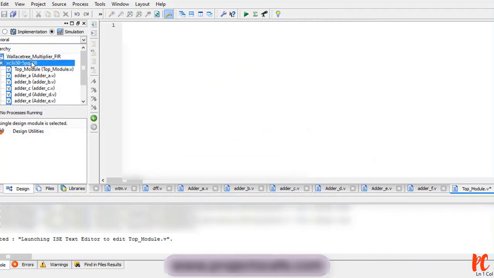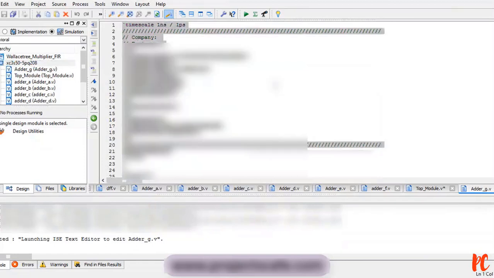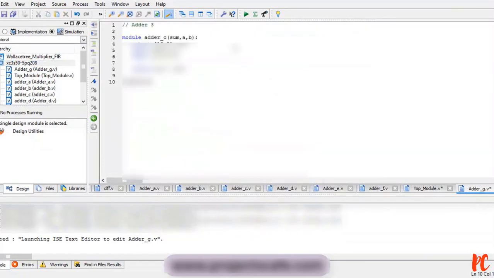New source, Verilog module, adder_f is completed, so I'm going for G.v. Next, finish. Let me erase it all. Let me paste it. So this is my final adder, nothing but 7th adder, and this is my G module.